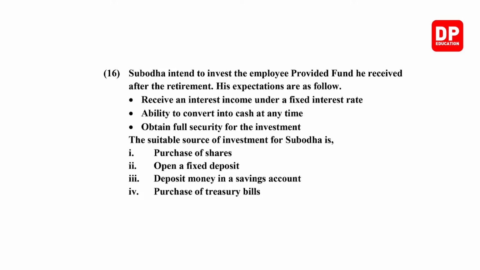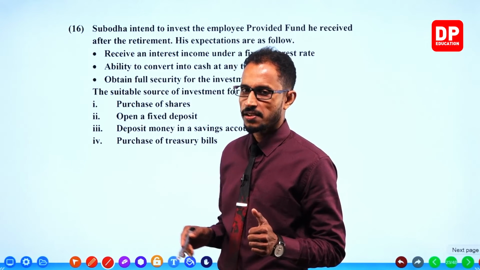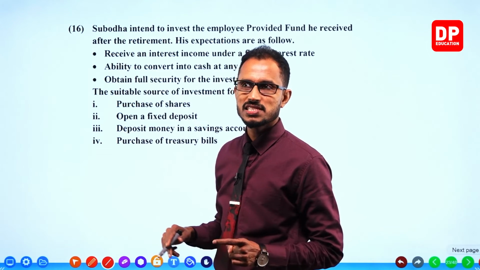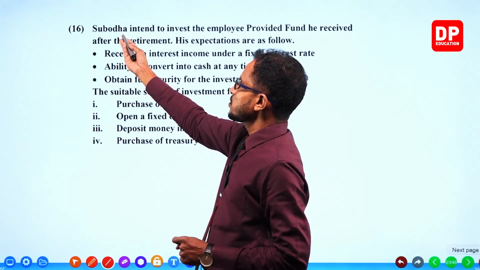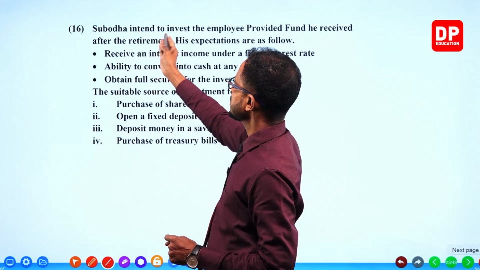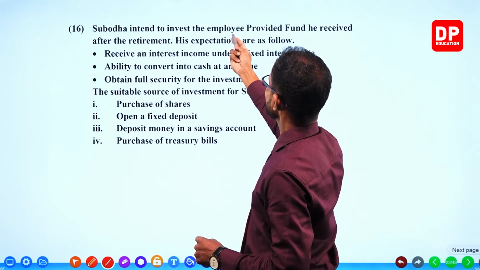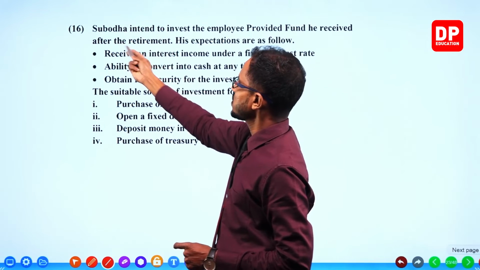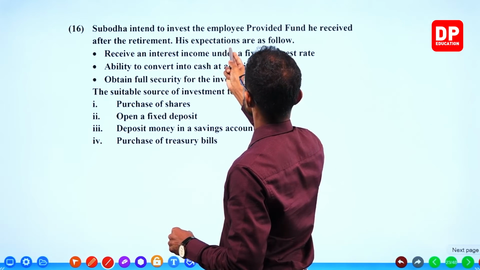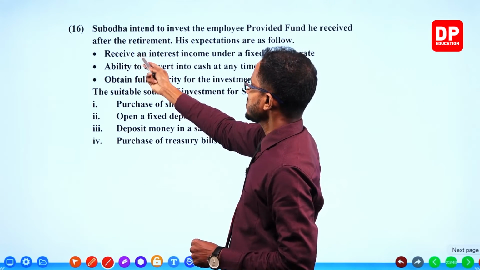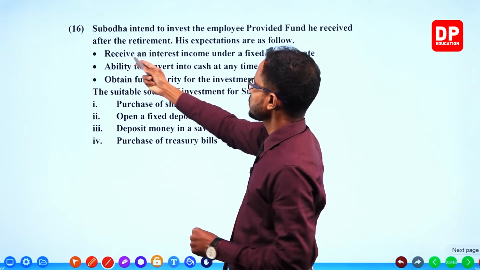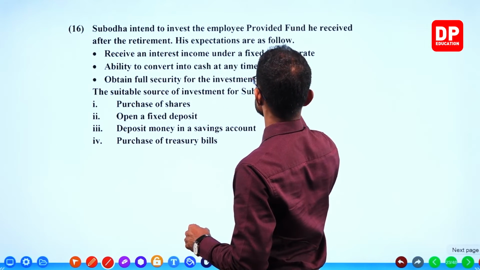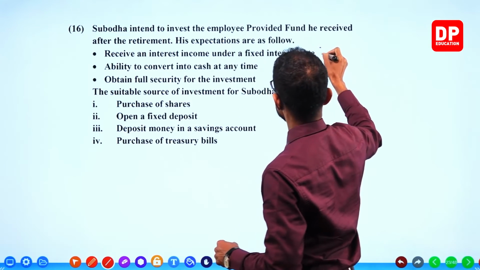Last question in this chapter. Business studies questions only we are tackling. So this is the last business studies question. Subodha intends to invest the employee provident fund he received after retirement. His expectations are as follows. Receive an interest income under a fixed interest rate. So FDs or